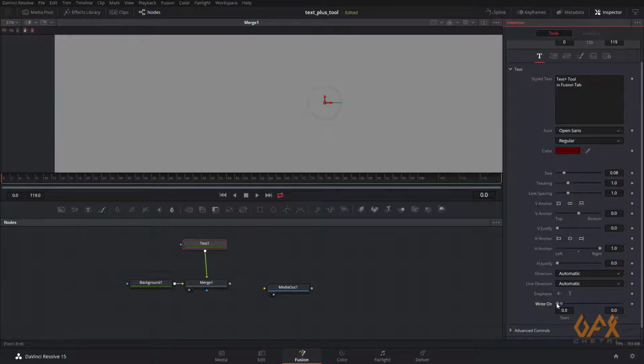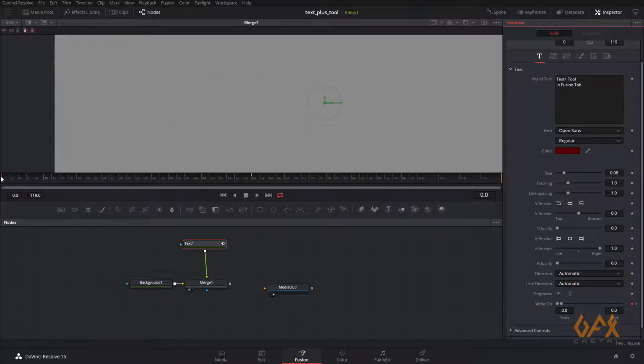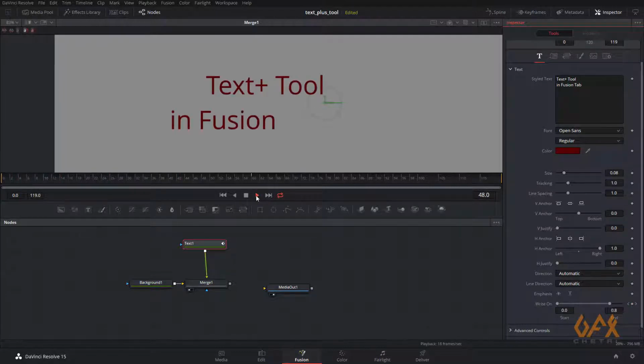For example, I set my timeline to 0, I click on this icon to activate this property for animation. Just change my timeline to maybe 60 and I change my value like this, and now if I play it, you can see.